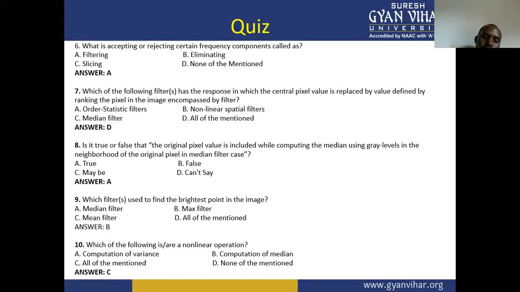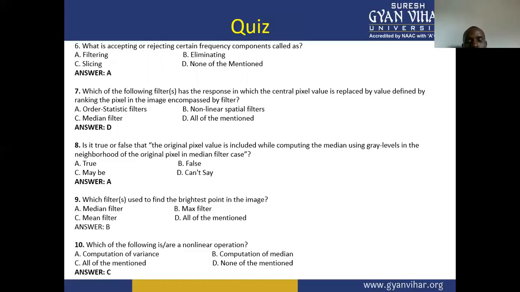Next question is, which filter is used to find the brightest point in the image? The filter that is used to find the brightest point in an image is the max filter. The filter that is used to find the darkest point in an image is known as the min filter. Hence our answer is